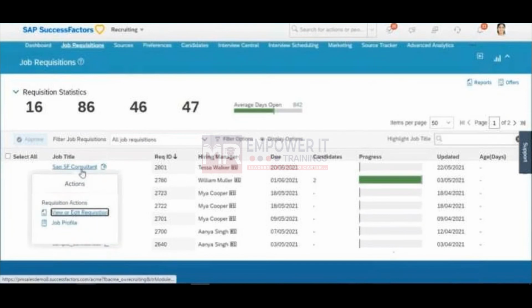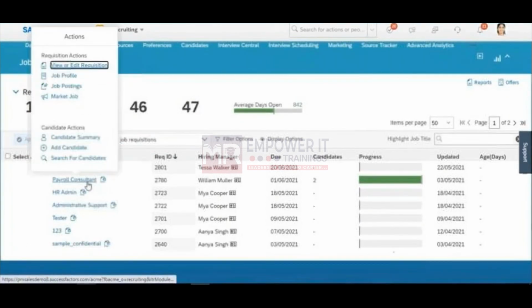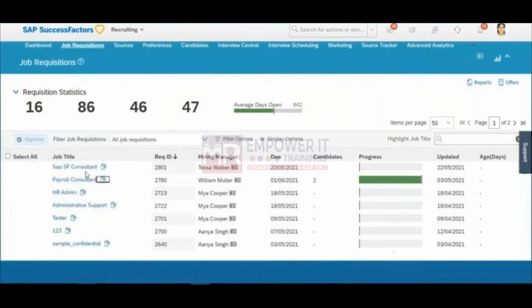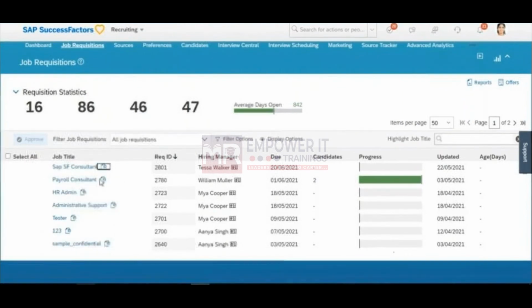Now here you have SAP SF consultant as a position, and payroll consultant as a position. If I go to the first one, SAP SF consultant, you have only two options: view and edit job requisition, and job profile. Whereas if you go with the second one, payroll consultant,